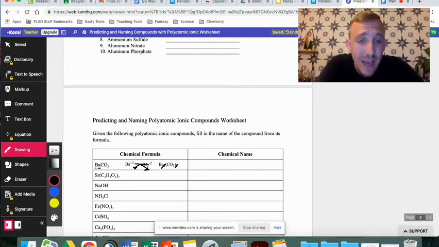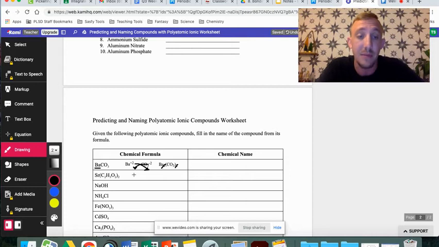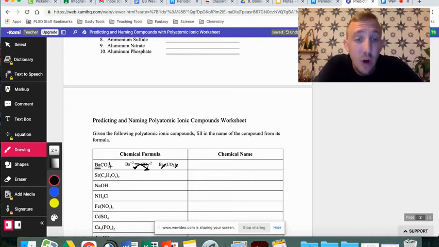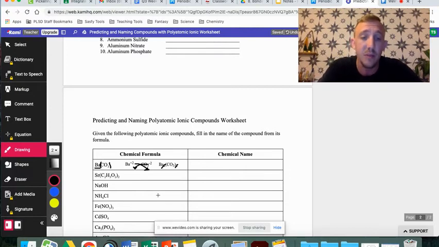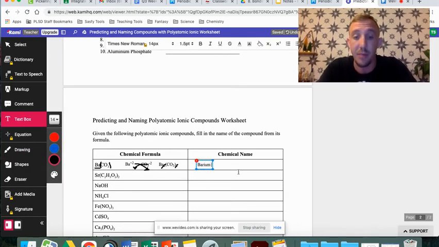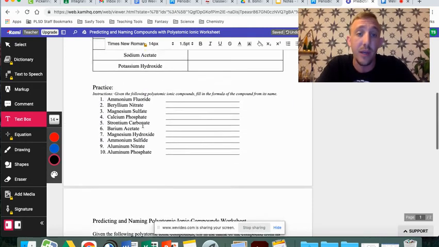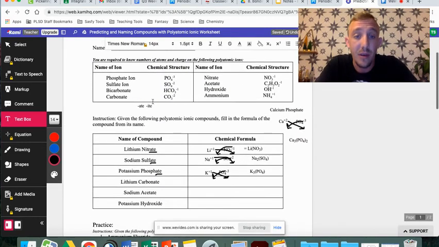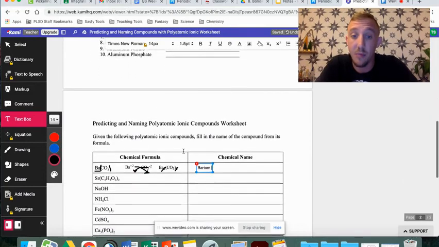So once again, we have a metal, because barium is a metal, and we have carbonate. And if you want to put those parentheses, be my guest, okay, if that helps you. So we have barium carbonate, all right? And so what I'm going to put is name the metal. You just name it barium. And then CO3 is carbonate. So I just name what it shows me,